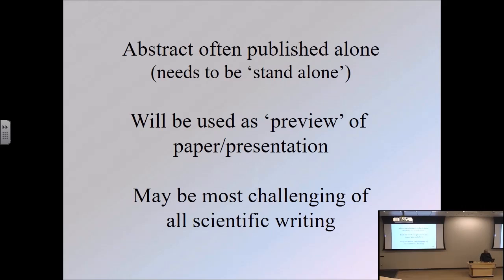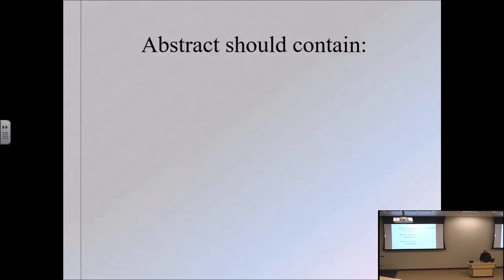The abstract, as I mentioned, is often the most challenging of all the scientific writing. Many scientists still do not write abstracts very well. Many scientists say, okay, I've got everything else written, now I got to write the abstract, because it's just difficult to accomplish those 4 objectives I've talked about in the form of an abstract. That is a challenging piece of writing. So hopefully we can help a little bit.